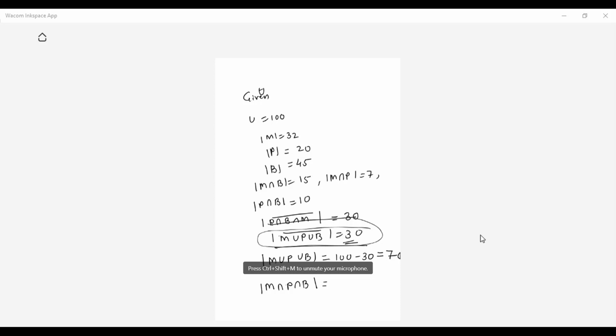Yes, 5. Very good, Sanjit. Excellent. And the next answer is 48. Find the number of students studying exactly one of the three subjects. How are you going to analyze it? Okay, I'll draw the diagram. Rest of the students, please listen. I hope M intersection P intersection B is equal to 5. Everyone has got it, right? You only have to substitute the values in the principle of inclusion and exclusion. Now we will solve the next thing.